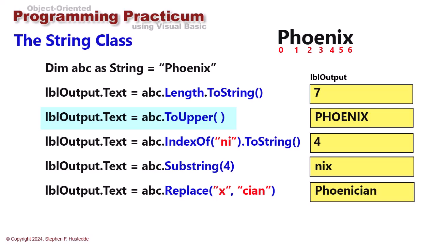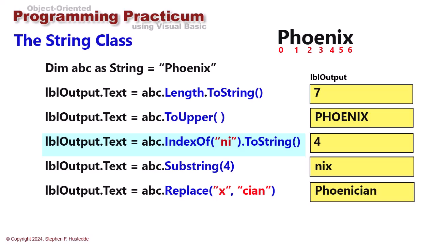Then lblOutput.Text equals ABC.ToUpper. So I'm going to convert ABC to all uppercase. That's a string method that returns a string, the string of all uppercase. We get Phoenix in all uppercase letters. Next one, lblOutput.Text equals